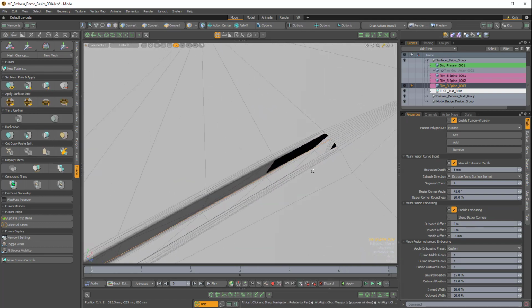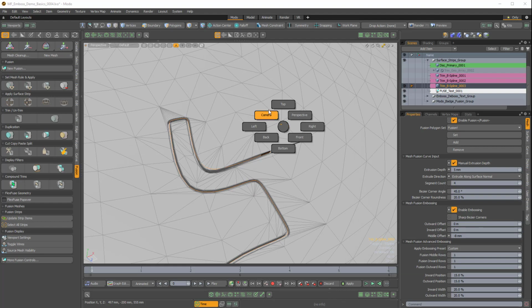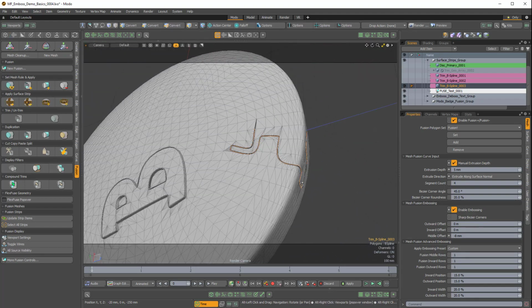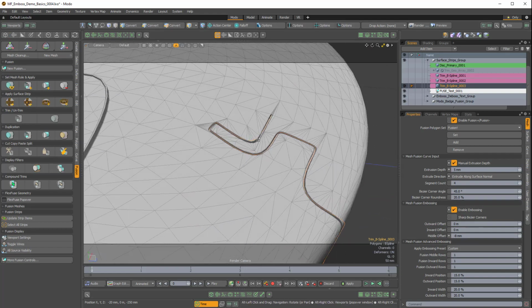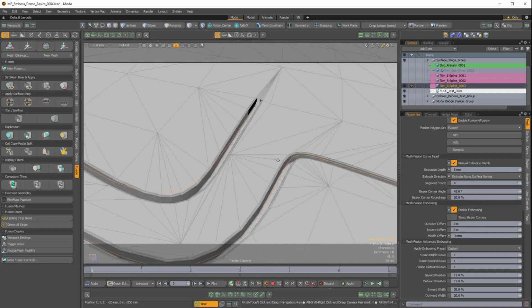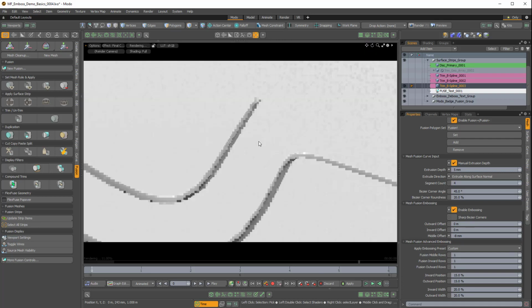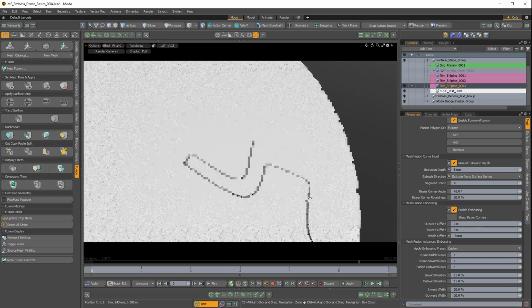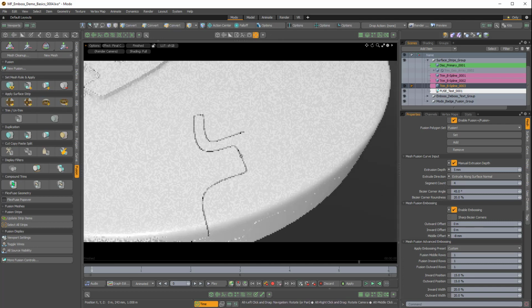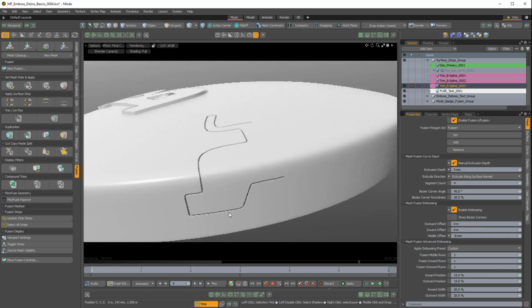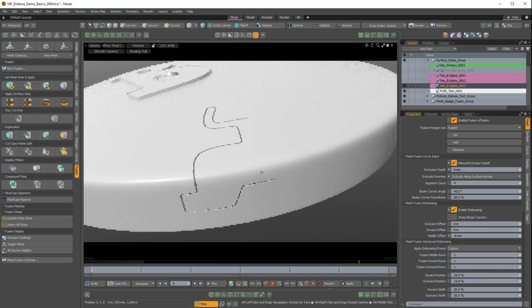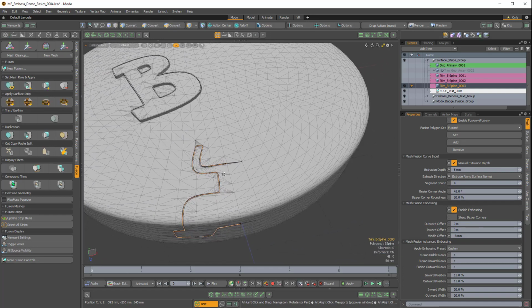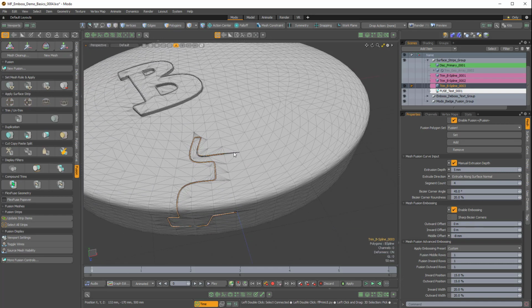It looks like there's an error here, but I think if I go to my camera view and look at this in the preview render, I think it's actually fine. So turn on preview render. It's totally fine. Yeah, so that looks fine. So this is really good for making channels in hard surface objects. Let's go back to a perspective view,